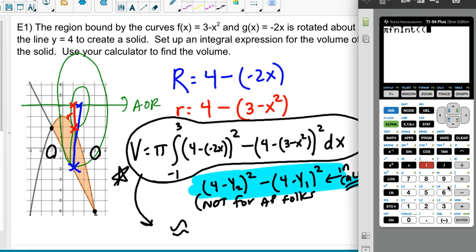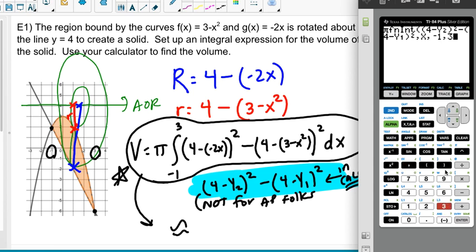So I'm going to put parentheses, 4 minus vars over to y vars. I want function, and I want the second one, quantity squared, right? Minus 4 minus vars over to y vars function y1, close the parentheses, quantity squared. I double check that that's what I mean, right? 4 minus the second function, whole quantity squared, minus 4 minus the first function, whole quantity squared, comma, with respect to x, from, and then I know that the bounds are x is -1 to x is 3, so